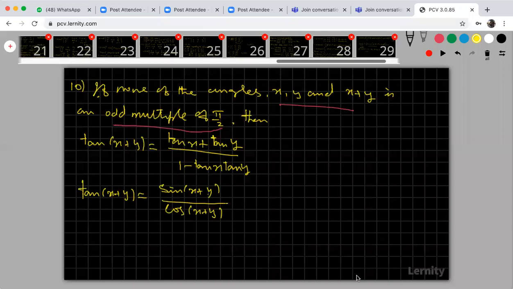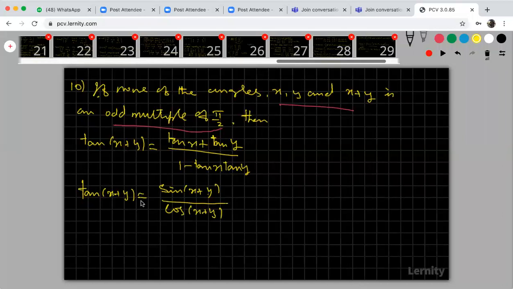So yesterday's slide I didn't save. It is not possible to save the slides every day. If I want to save the slides, I have to go to the login in pcv.learnity, that is Learnity login. But now it is difficult for us. Okay, I will teach the ninth one once again, after completing the 10th one.